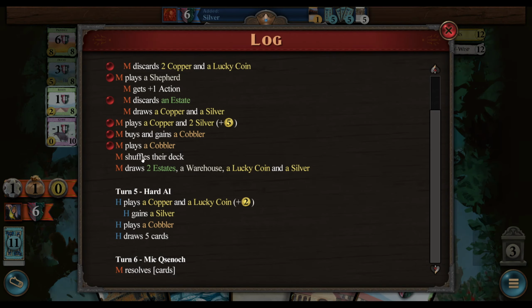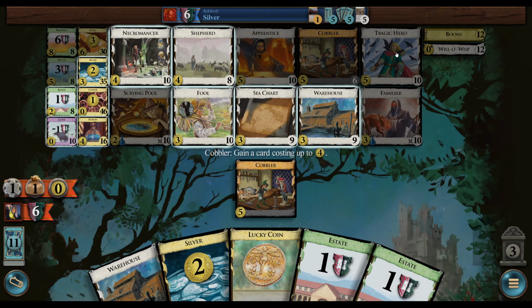They did play their cobbler. You can't really see what they're doing as far as the night cards, because it goes so quick. But anyways, the cobbler's up here. We're sort of reaching the point where we need to decide if we think we're going to do the potion stuff, and I'm leaning towards no at this point, just because